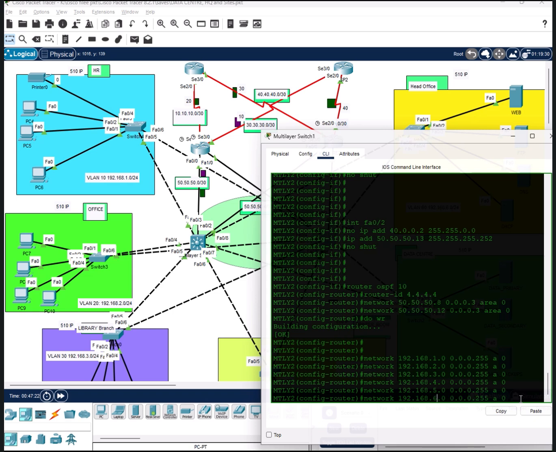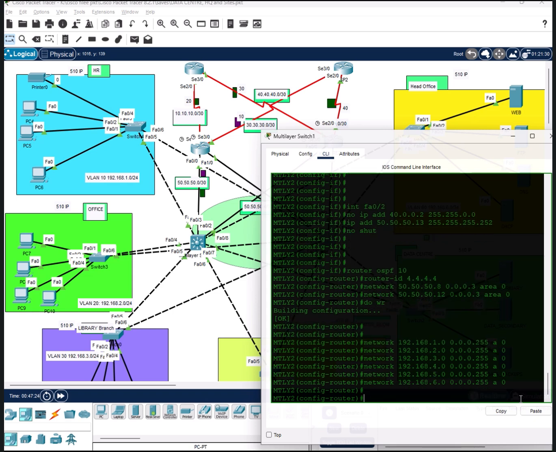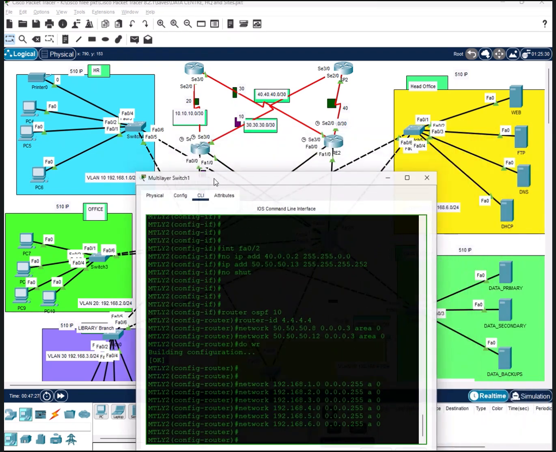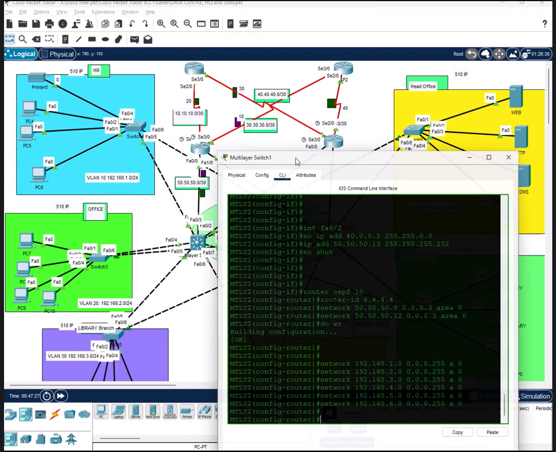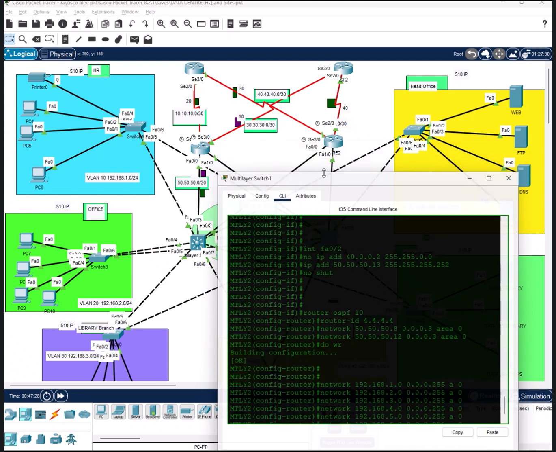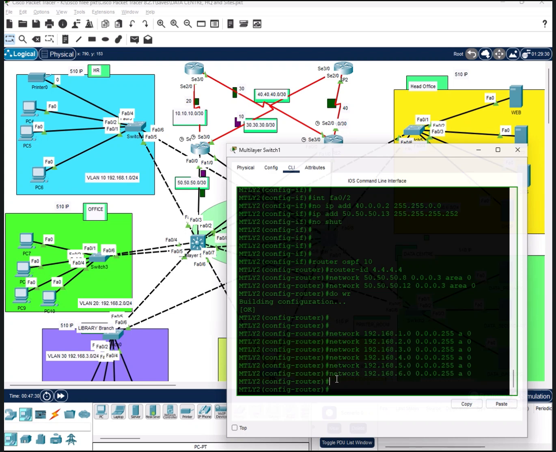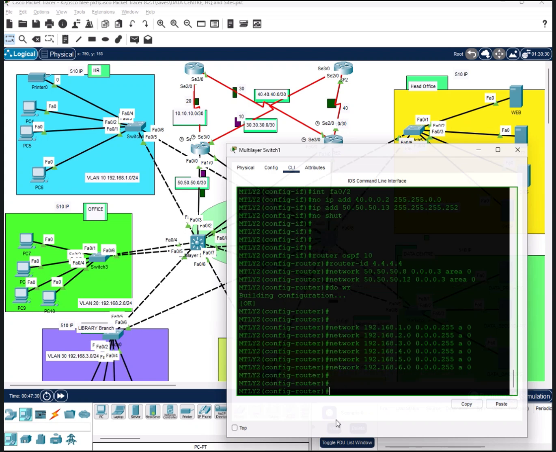So the other protocol is called Hot Standby Router Protocol. It's actually used when we want to configure the redundancy between the routers, so that if one stops forwarding traffic, the other one will be able to continue sending the traffic across the network. Okay,